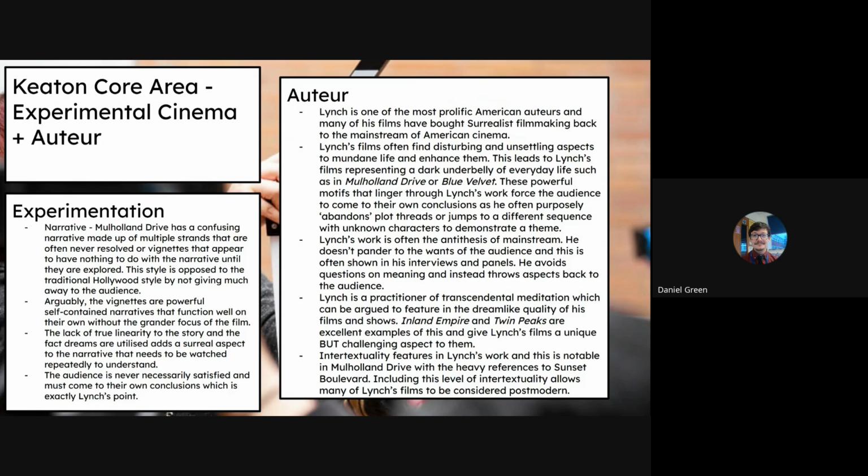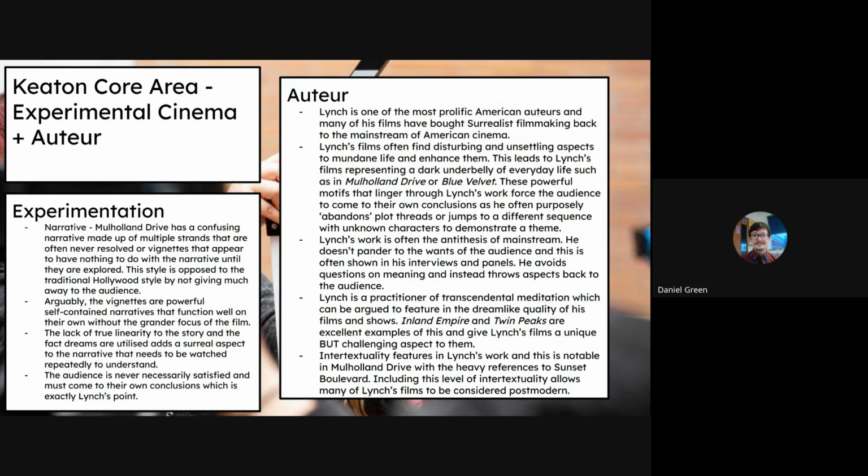Things like the casting couch and the abuse of women, and how they've got to essentially sleep their way to the top in order to become successful in such a masculine dominated and cruel environment. Or you've got Blue Velvet, which covers the dark underbelly of American suburbia. And these are powerful motifs that linger through Lynch's work and force the audience to come to their own conclusions,